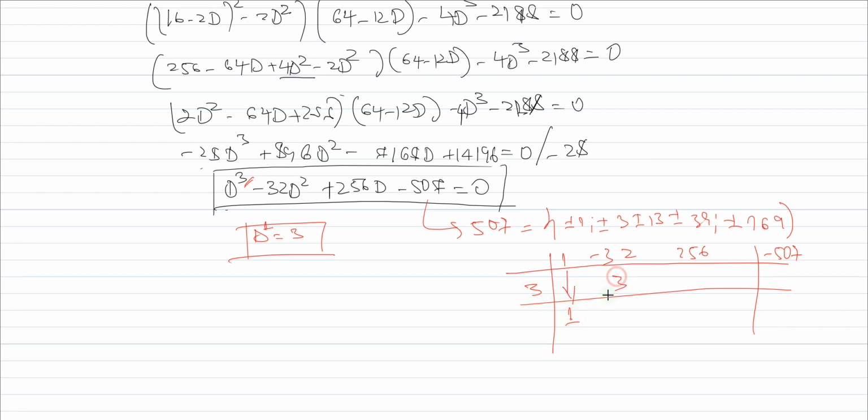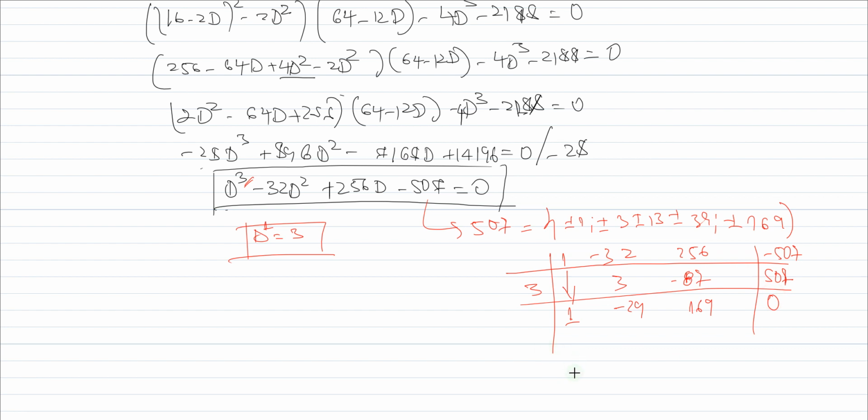Now we bring it down. This is 1. Then this is going to be 3, and then minus 32 plus 3 is minus 29, and minus 29 times 3 is minus 87, and this plus this is going to be 169, right? And this times 3 is going to be 507, and this added to this is going to be